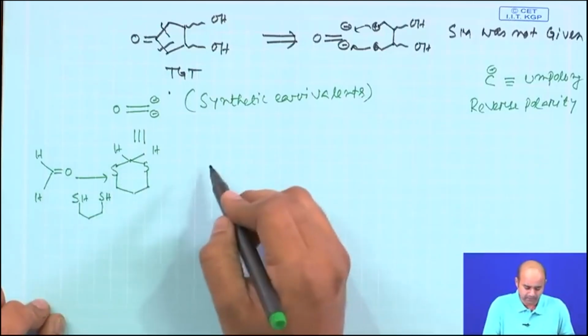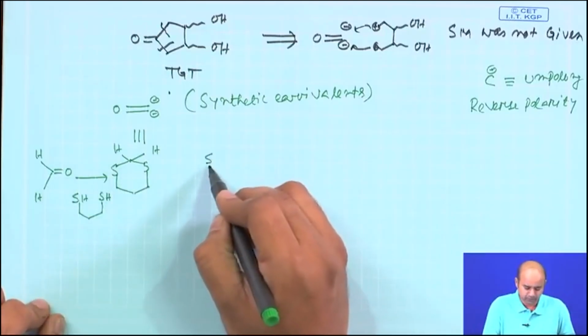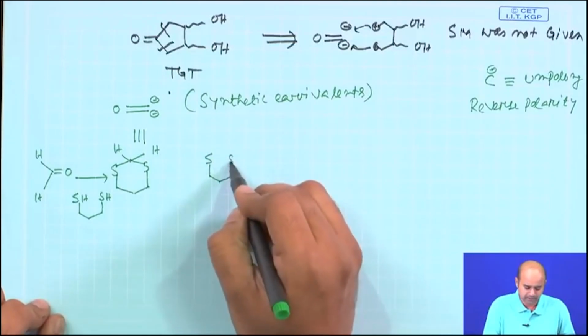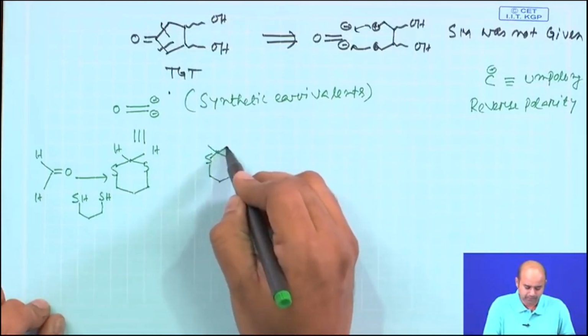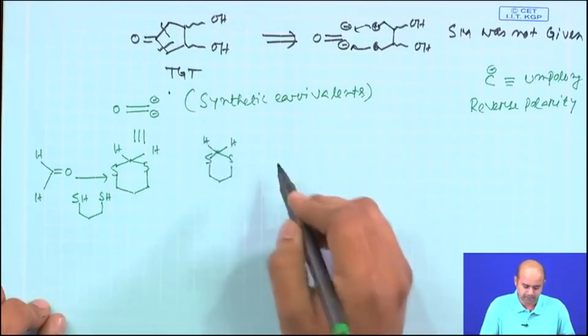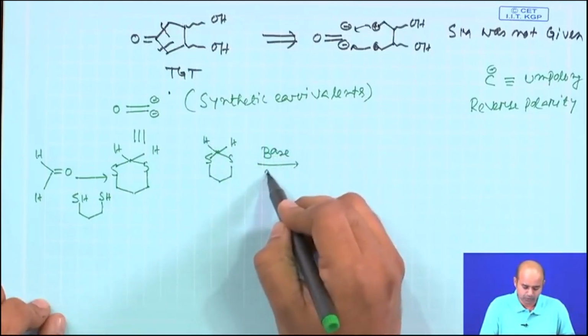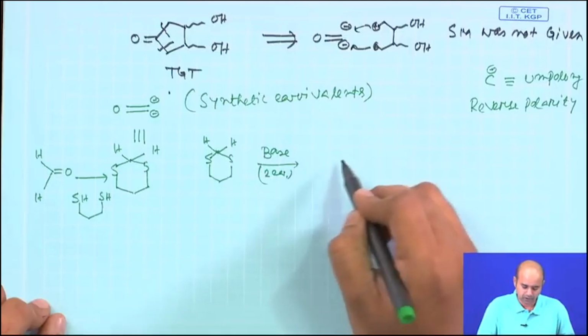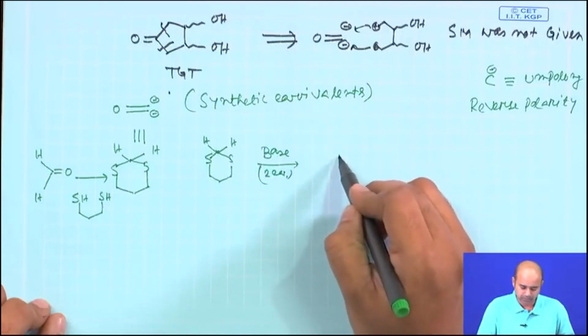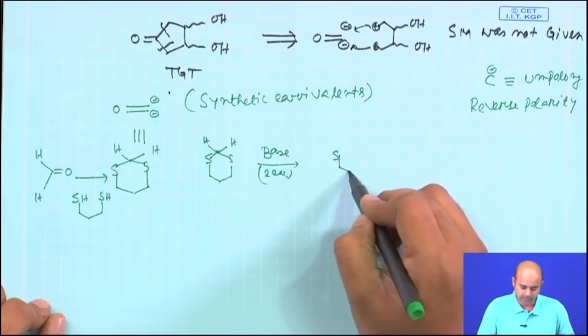Now, 1,3-dithiane has a unique property. If you take this 1,3-dithiane and react with base, these hydrogens are extremely acidic. You react with 2 equivalents of base, and that will normally give you a